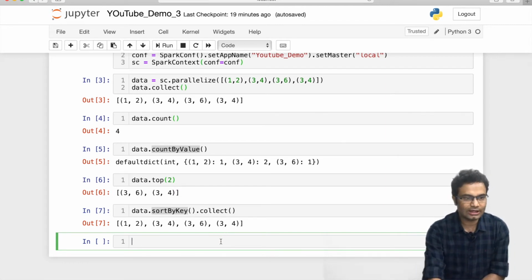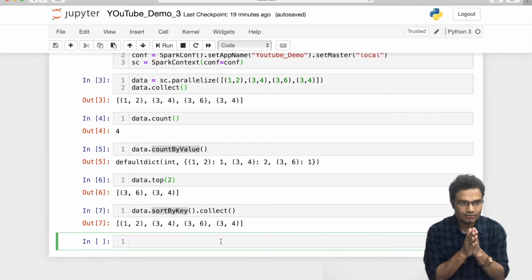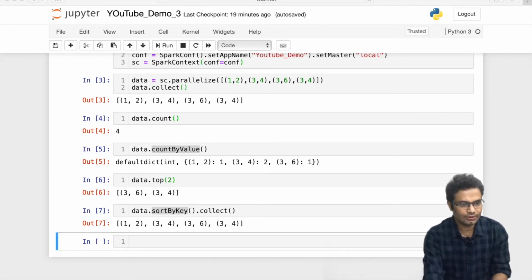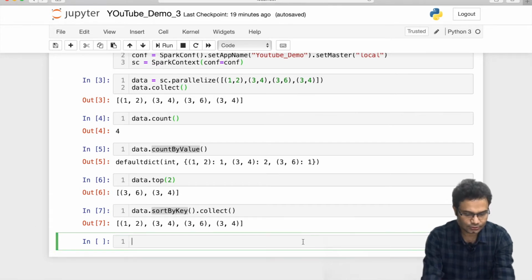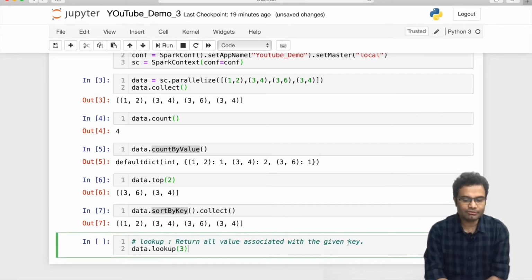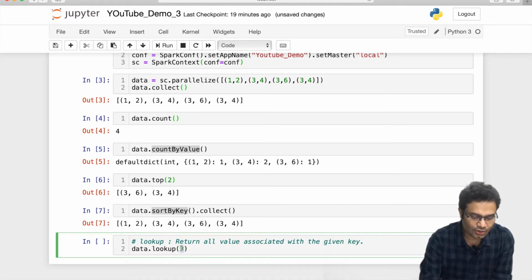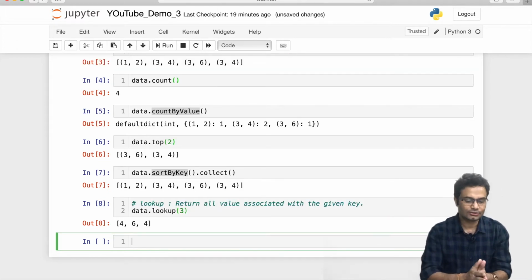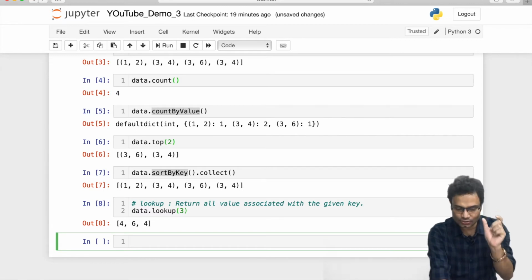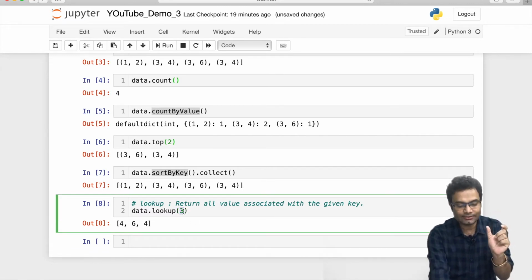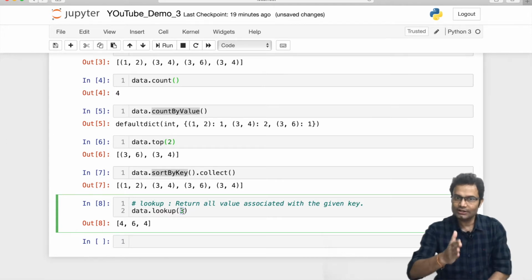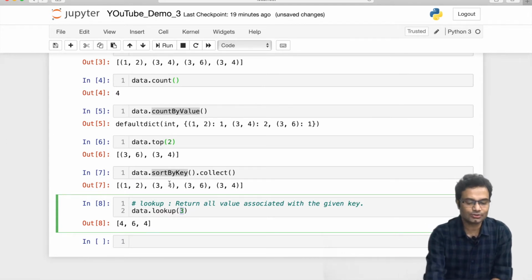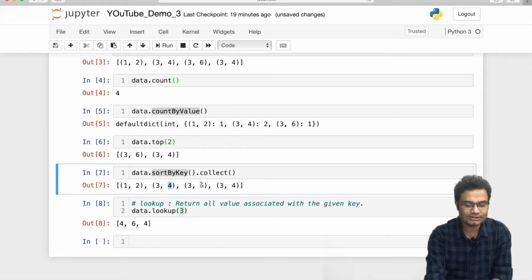Second, we have lookup. Let me paste this here. It returns all the values associated with the given key. I have passed 3, so all the data whose key is 3 will show. Try to understand: it is showing only one set. Why? Because I have given the key 3. All the data whose key is 3 is shown: we have 4 here, 6 here, and 4 here. So this is a very important